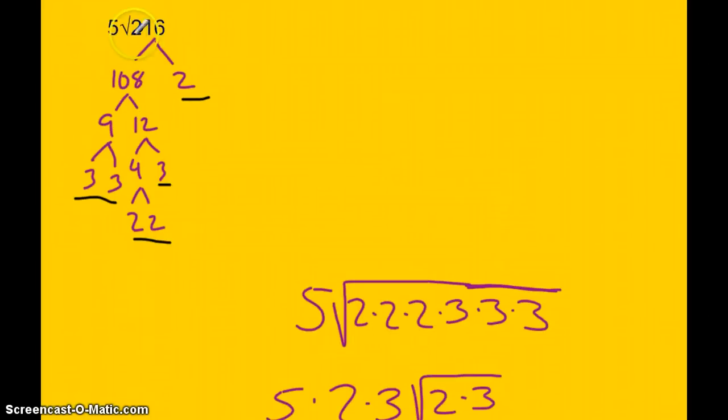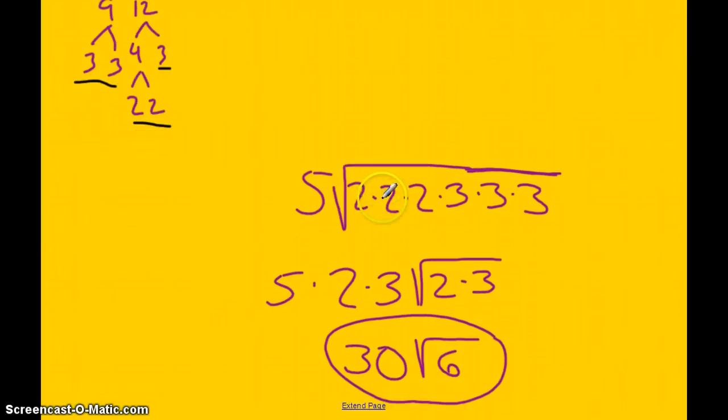And you notice in the original problem there was a 5 in front. So I kept that 5 in front. And now, what I'm looking for, again, is numbers times itself. So when we look in here, I have a 2 times 2 under a square root. So therefore, that comes outside and makes this 2 out front. Same thing with my 3's. I have a pair of 3's, and the square root definition is a number times itself. So this 3 times 3 moves out and becomes this 3 in front. Now this 2 and this 3 don't have anything to pair with, so therefore they can't leave the square root. They stay inside. So we have on the outside 5 times 2 times 3, which is 30, and the inside,